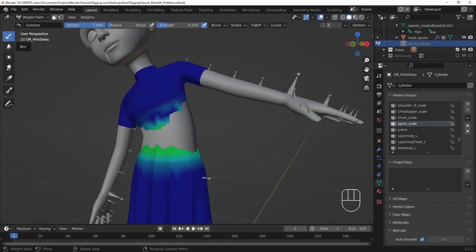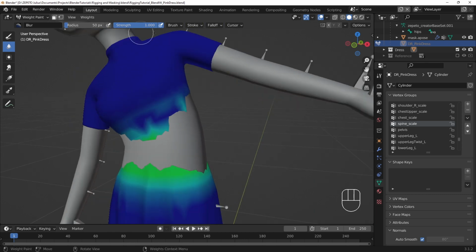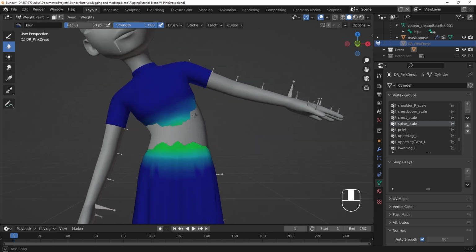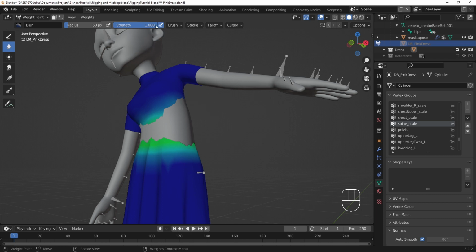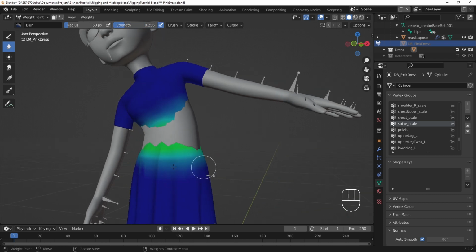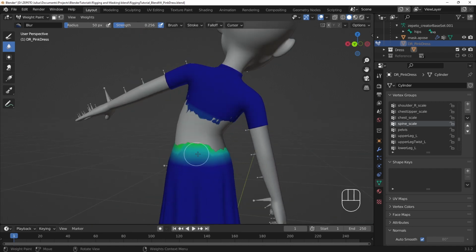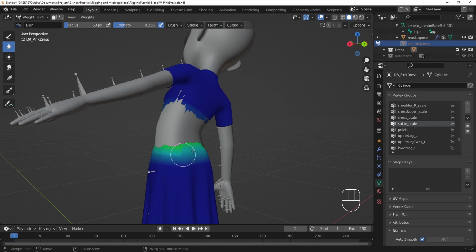To blend together weight values, I'll use the Blur Brush tool. This brush will do its best to blend the vertex weights with the weights of nearby vertices. As with the Draw brush, I tend to reduce the brush strength, so changes are made more gradually. The Blur brush can be very useful when trying to make the item's bends feel a little softer.